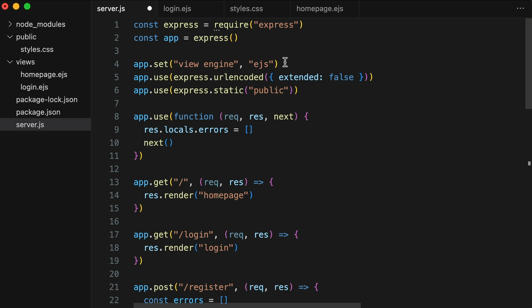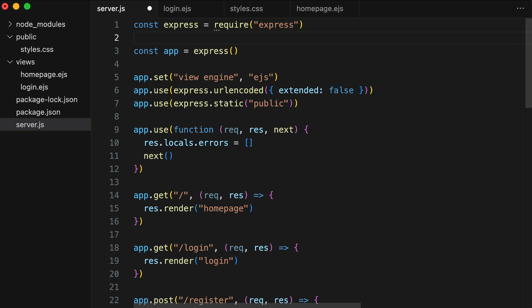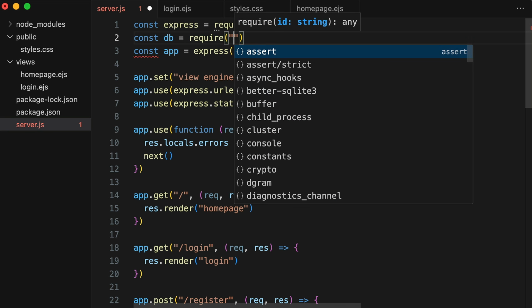Up at the very top of server.js, let's pull in that package. So up above any of the app setup, just up here where we have Express, let's say const, and you can name it anything. There's nothing special about this. You can name it pizza, but I'm naming it db for database, right? And just say that equals require, and the package was